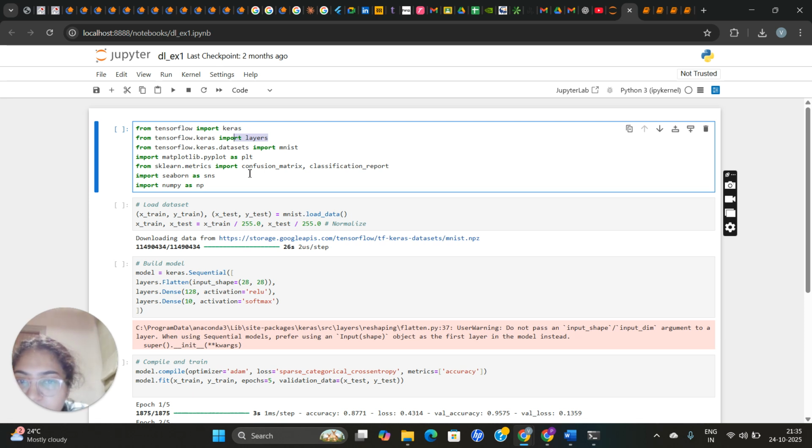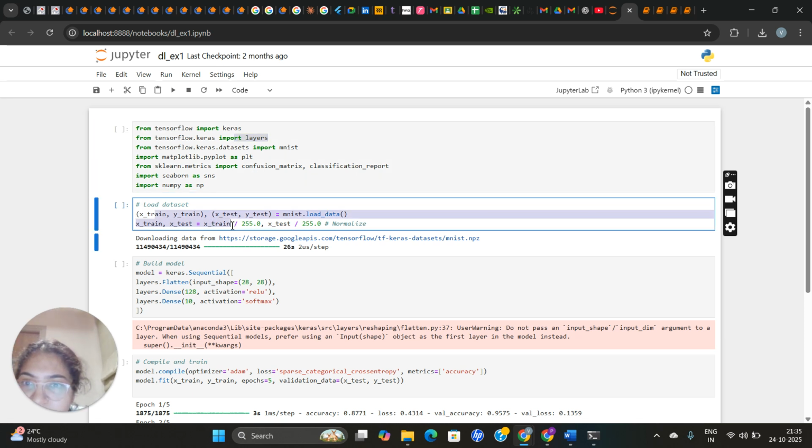So next is this X-train, Y-train, testing. The MNIST dataset contains 70,000 grayscale images of handwritten digits, and X-train and X-test are images for training and testing. Y-train and Y-test are labels, digits from 0 to 9, corresponding to the images.